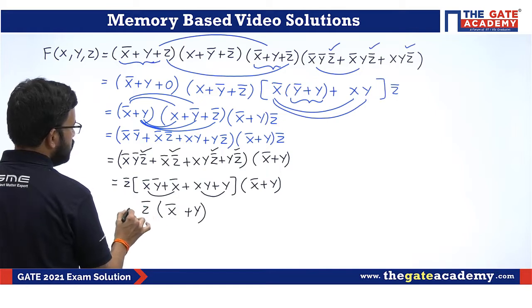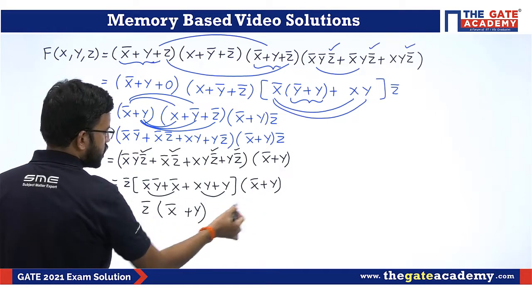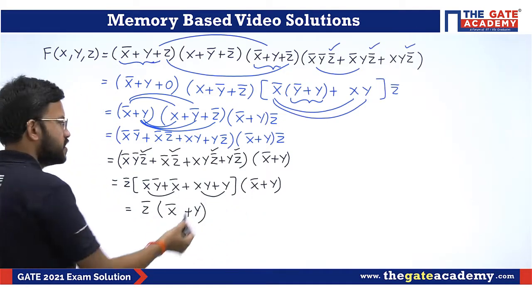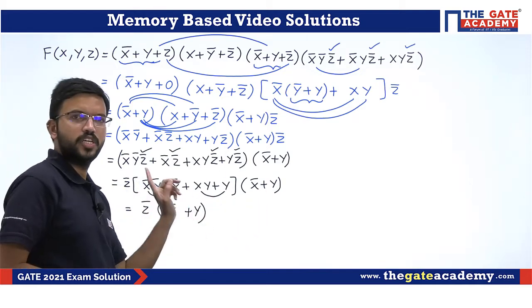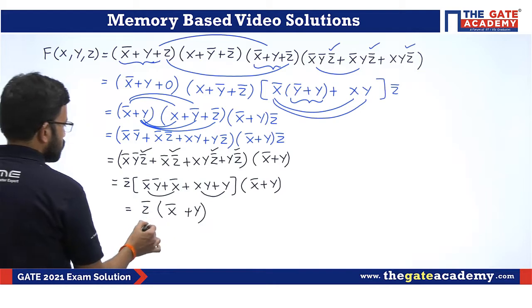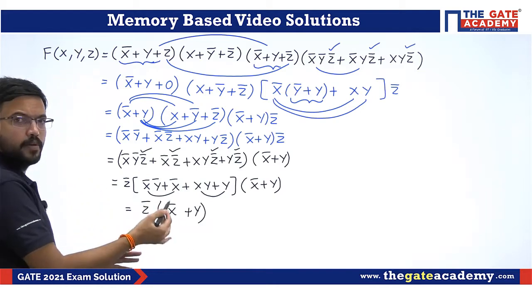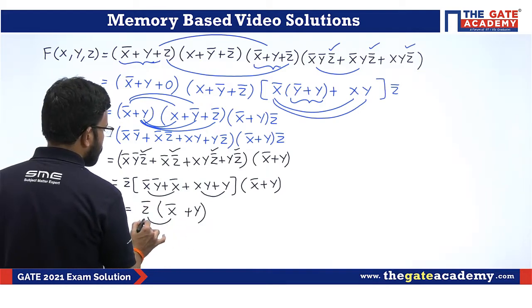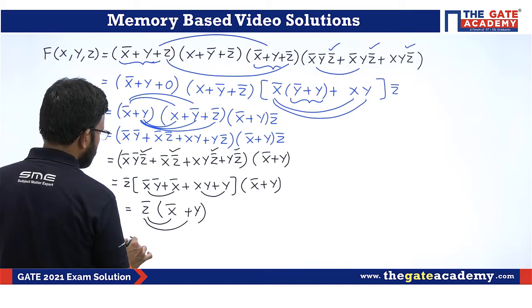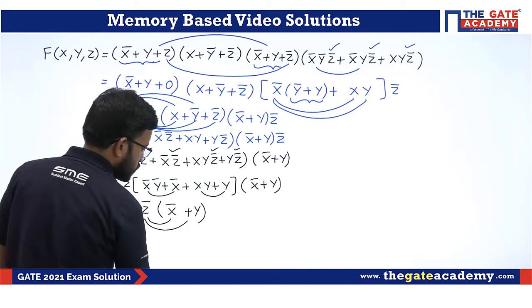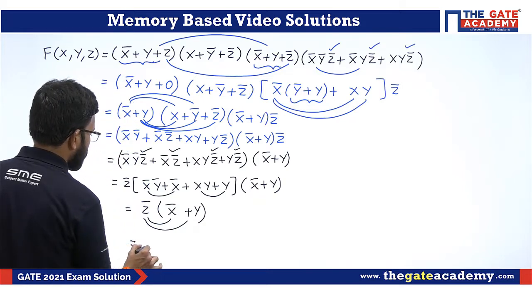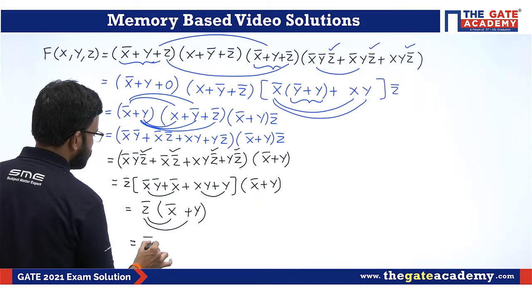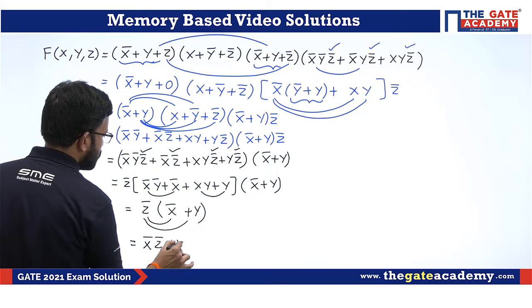Here you are having z bar, and here once again you are having x bar plus y, same thing. So that means you will get the same term, right? Consider this like a into a is a only, you will get. Okay. So either you can stop here, or based on the given choices you can multiply z bar with these two. So from there you will get a. Just one second. So here you will get x bar z bar plus y z bar.